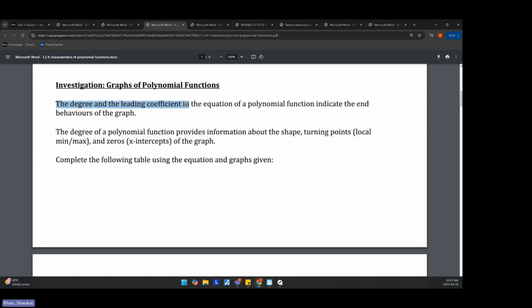The degree of the leading coefficient in the equation of a polynomial function indicates the end behaviors of the graph. The degree of a polynomial function